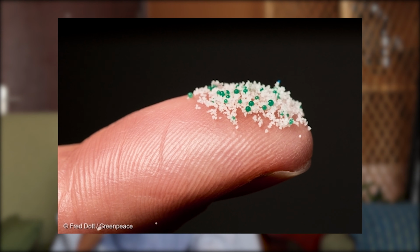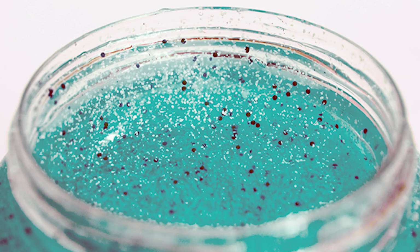Microbeads. And what are microbeads? These are tiny plastic particles that are less than 1 millimeter in diameter. So basically these are beads of plastic that are used in these skincare products to exfoliate our skin. These have been quite popular for a while now, and when we use them and then wash it off, these microbeads just go into our water system, and our water treatment systems are unable to filter these tiny beads,